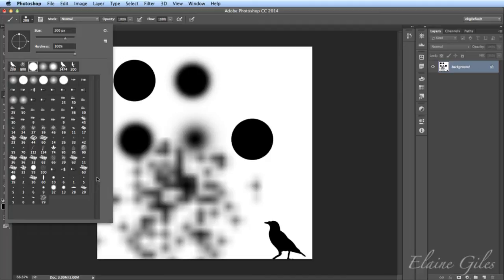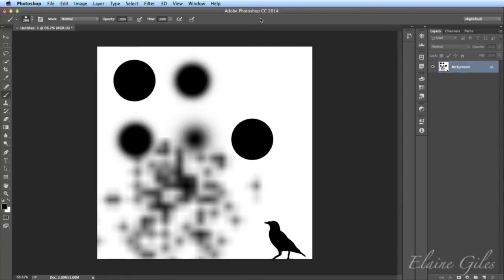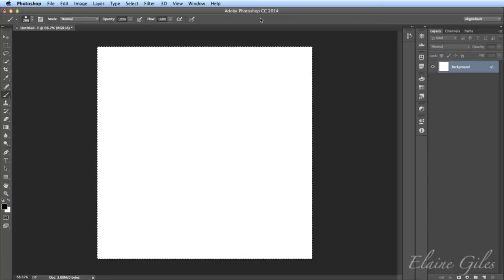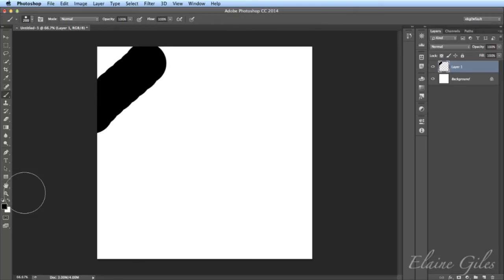Okay, so we've had a look at the options there, but there are still a couple of options with brushes that are not available from within this flyout palette here. So I'm going to go back up here and I'm just going to select everything on there and delete it all. In fact, I'll go over it with white so I can start painting with these brushes again, and I'll put it on a different layer. Right, I have a very simple brush here at the moment. It just looks like that. So a solid brush there.